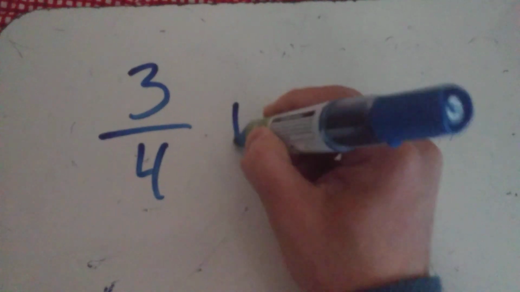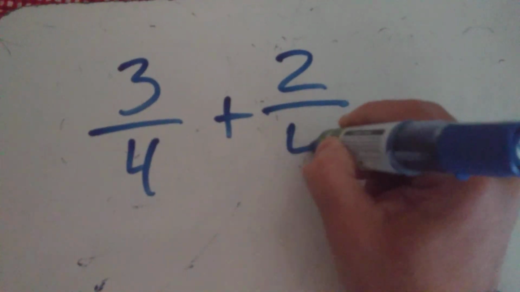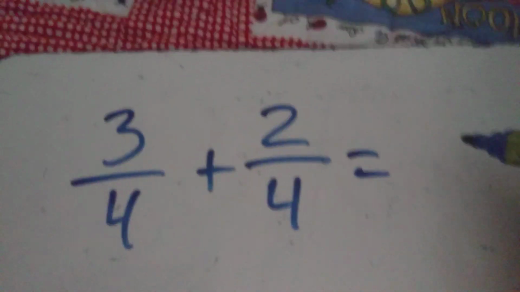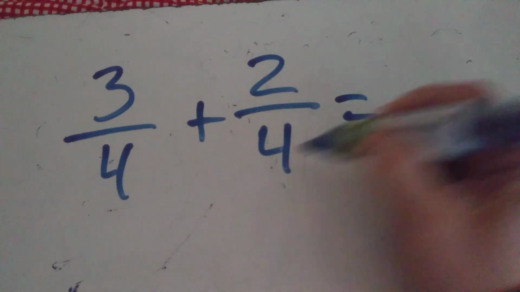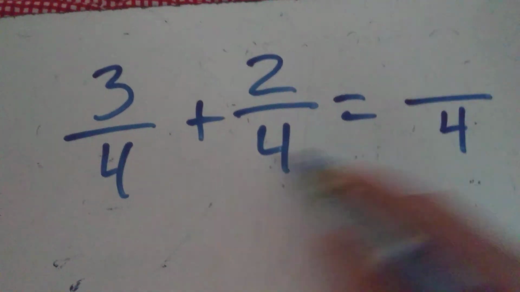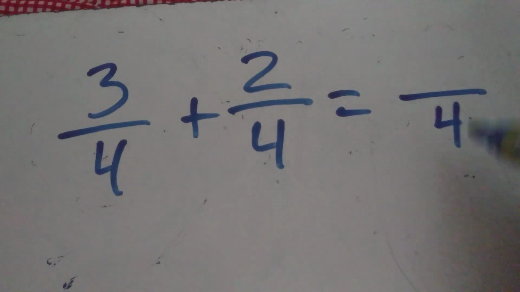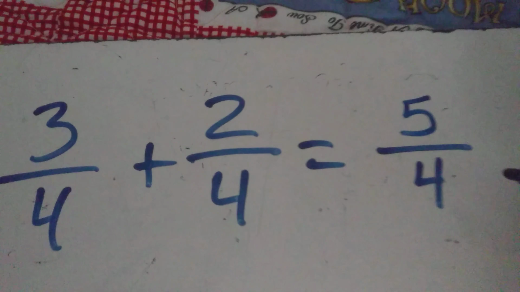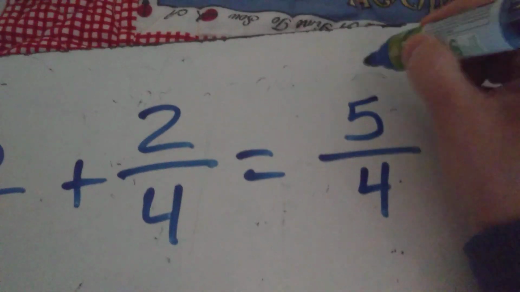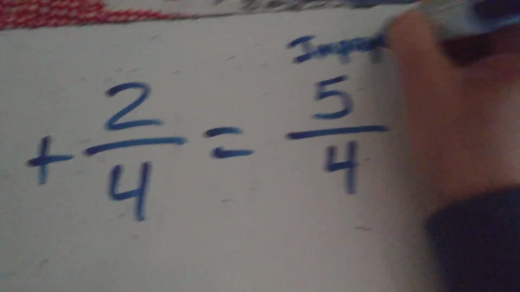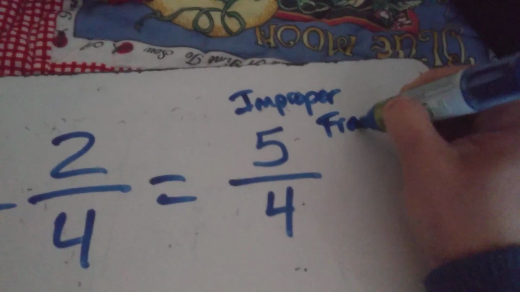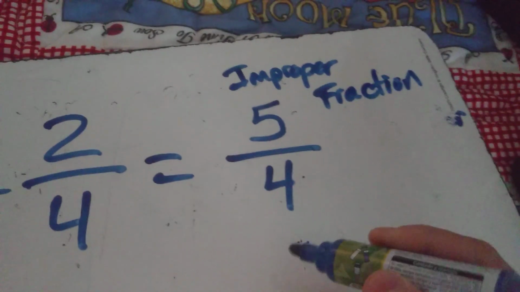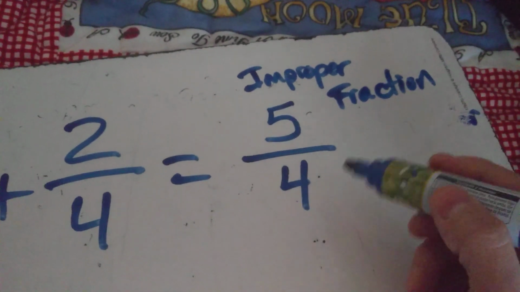Let's do another example. Let's try 3/4 plus 2/4. Now here we have the same denominator, which is a 4, and so we'll just move it across. But here we go, we have 3 plus 2 equals 5. So that gives us an improper fraction. This is an improper fraction, 5/4. Now this answer could stand alone, but